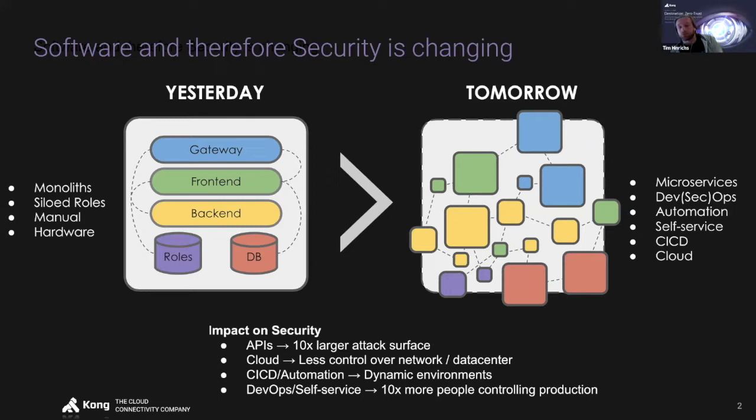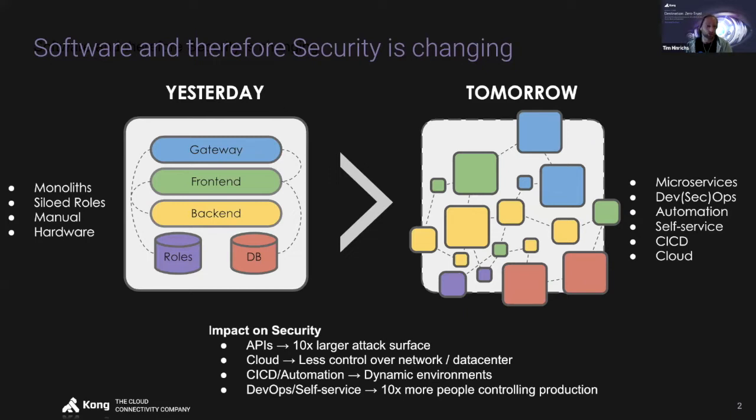If we think about the move to cloud, one of the ramifications of cloud is that we fundamentally have no control over the physical hardware that we're running our software on, right? We can no longer just unplug a network cable as a security measure if we so desired. If we think about CI/CD and automation, what we're really thinking about is we're deploying those applications that we're building routinely to data centers located all over the world, right? And so we can no longer assume that there's a fairly static environment into which we're deploying our applications. What that means is that we no longer want to be relying on the environment to protect, to